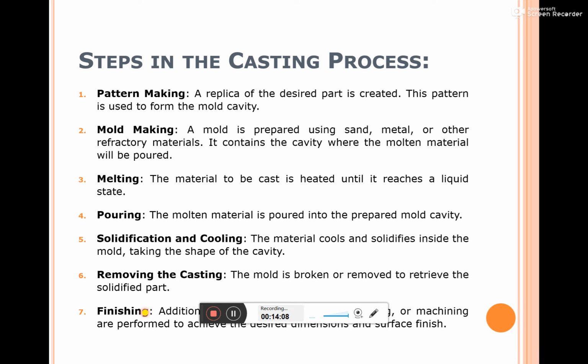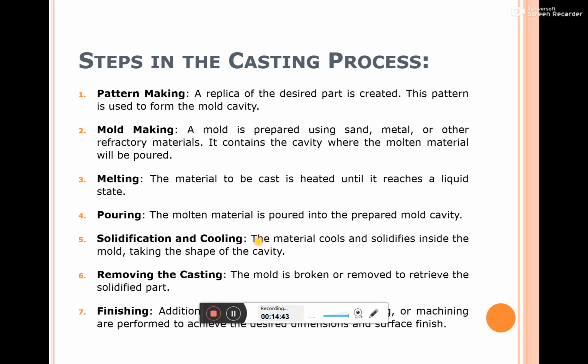So these are the basic steps in the casting process. Mainly, to prepare the mold cavity, we require a pattern. The pattern is the replica of the desired part, and by using this pattern, we prepare the mold. After preparing the mold cavity, we have to, before that